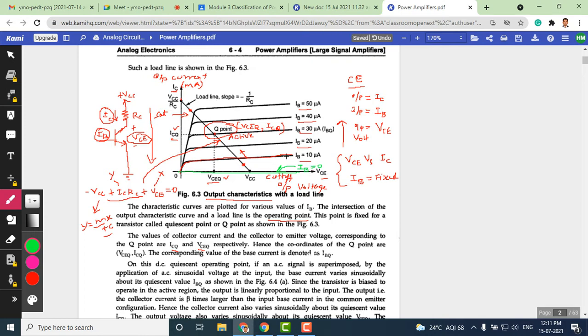Look at how we plot these characteristics. It's VCE versus IC for constant base current. Look at here, base current keeps increasing as we move above and above: 10 microampere, 20, 30, 40. But on the x-axis, what is the base current? It is 0. What do you mean by base current being 0? That means the transistor is cut off, right? What is the input current for the BJT? It is the base current. Whenever you don't provide any base current, the transistor will definitely be in off mode. So such a region is called a cutoff region.